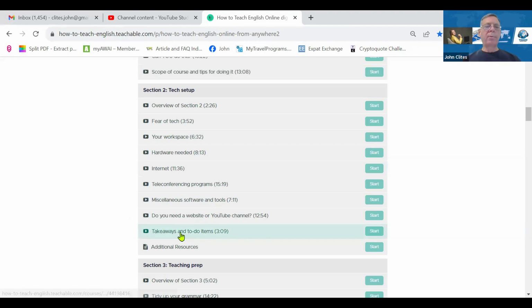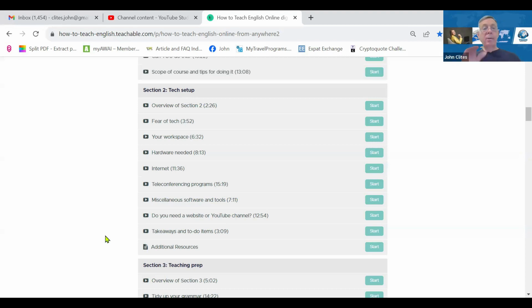All right, so there'll be takeaway and to-do items for each section, and I encourage you to keep up with those as you go. You'll do the course as you want to do the course, I understand that, but I encourage you to keep on top of the exercises and assigned tasks as you go. Otherwise, you're going to end up with a stack of stuff to do, and you'll probably have to go back and watch some videos over to refresh yourself on what you need.